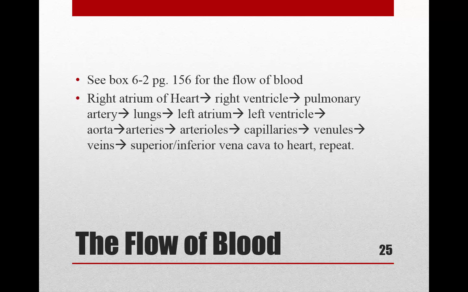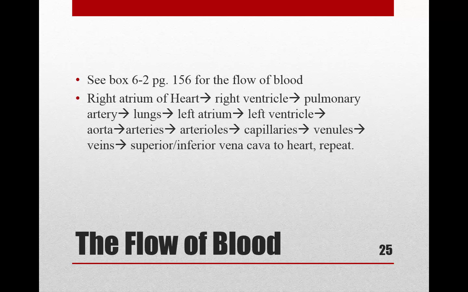So on page 156, you can see a box 6.2 that shows the flow of blood. You do need to know this. I should be able to start anywhere. If I started at left ventricle, you should be able to pick that up, that from there the blood then goes to the aorta, to the arteries, and so forth and so on. Most of the time you're going to start with the right atrium, and we're going to say the blood arrives from the body in the right atrium of the heart. It then goes to the right ventricle, where it is pumped into the pulmonary artery to go to the lungs, where it picks up oxygen, and then it comes back to the heart via the left atrium, and it goes into the left ventricle, where then it is pumped out through the aorta to all the arteries, which break